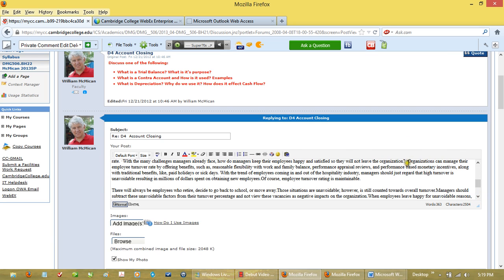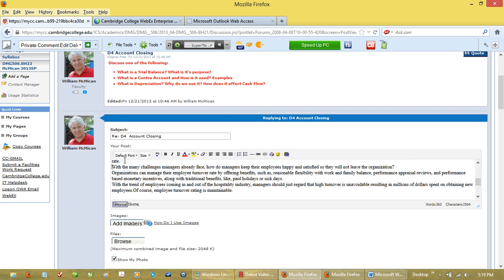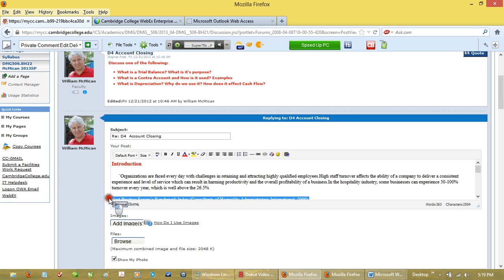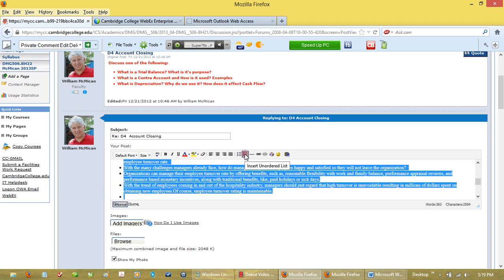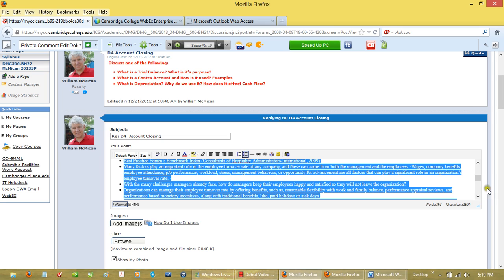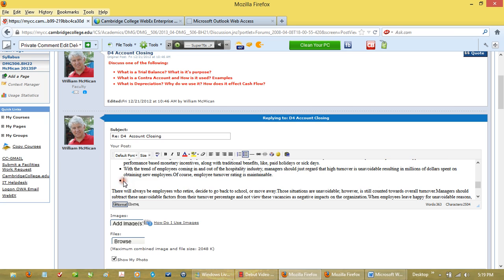If you need to put bullets back in, because you had bullets before, remember it's going to take out the bullets and paragraphs and everything. So once I have completed this, I highlight the section that needs to have bullets and make sure that it is separated from the section above by at least one line, and I put bullets down there. And again, you need to see how it turned out, but it looks like we're okay there. Looks like I got one extra bullet at the bottom that I don't want, so I'm going to take that off